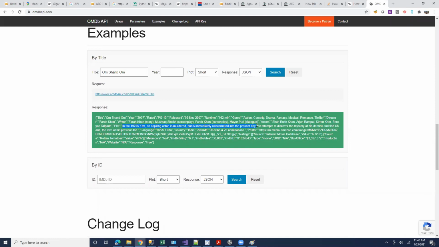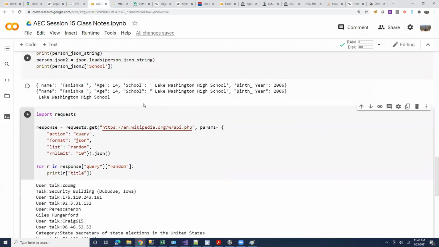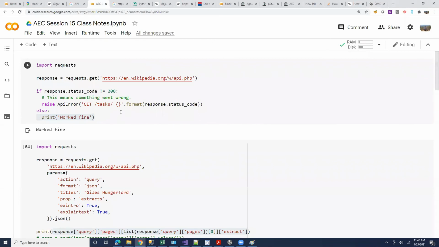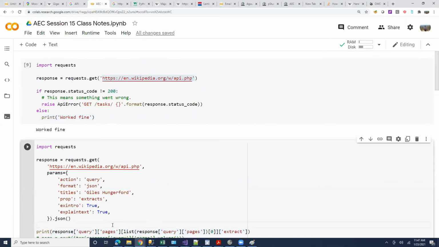So the reason why I wanted to bring this up in the class and not just give it as a homework is because Wikipedia is allowing you to get data from Wikipedia very freely, right? I didn't have to say anything. I just went here and I typed Wikipedia's API, gave it some parameters, and it gave me the response. Very good. But do you think every website will behave in the same friendly manner?